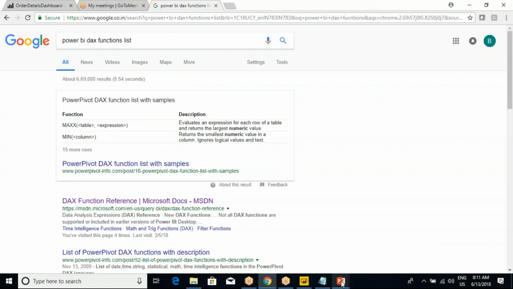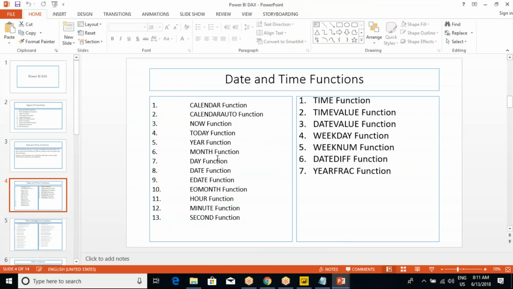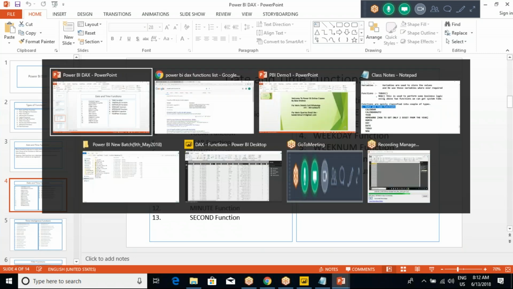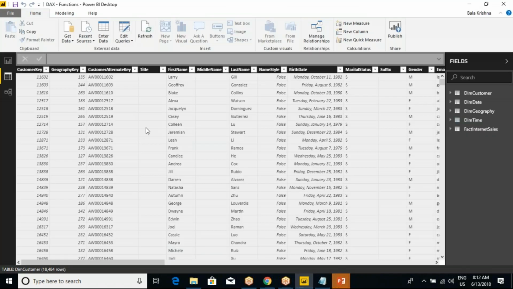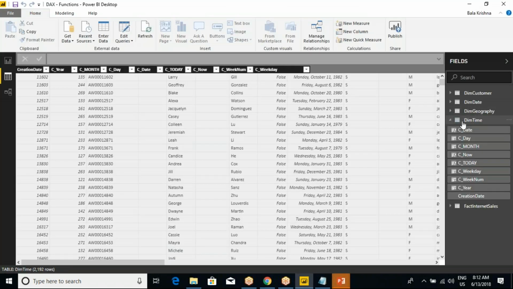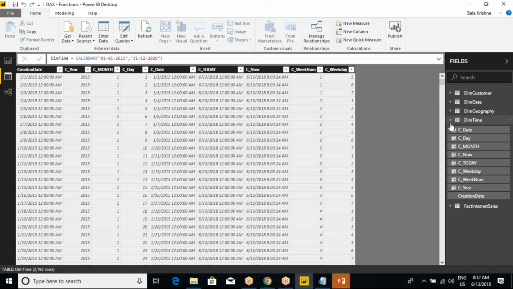All right. So I have listed all the functions here. Now we try to understand whatever we understood yesterday. Now go to the Power BI desktop file. These were the tables which we added, the time intelligence, I mean, date dimension. The first column we created using the calendar function. This is what I'm talking about. We need to pass the starting date and ending date, and